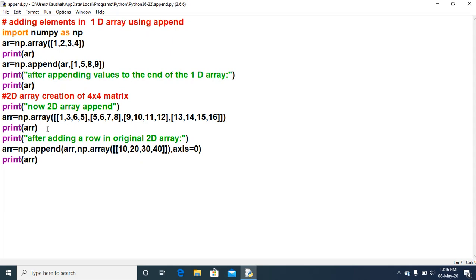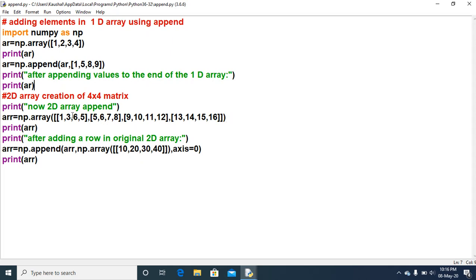So the 2D array is created. I take the value of the 2D array as print ar, and then print after adding a row to the original 2D array. When we use the append function in a 2D array, elements will not be added, a row will be added.